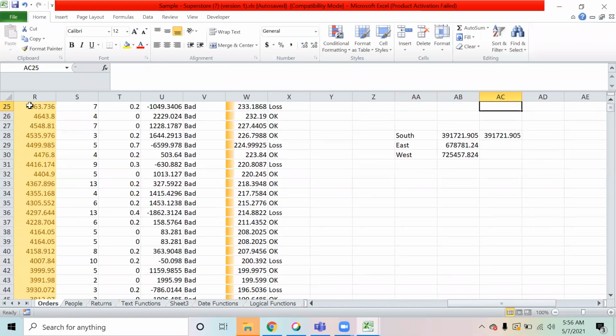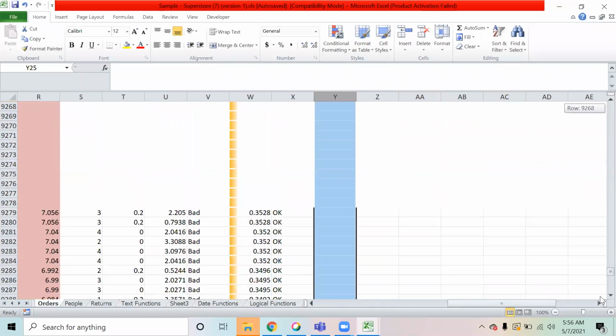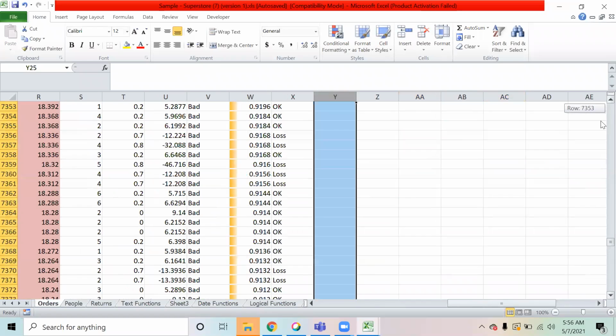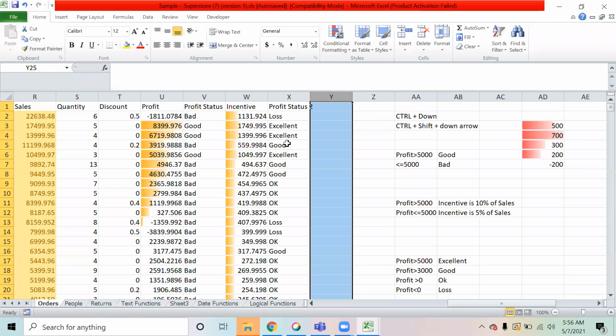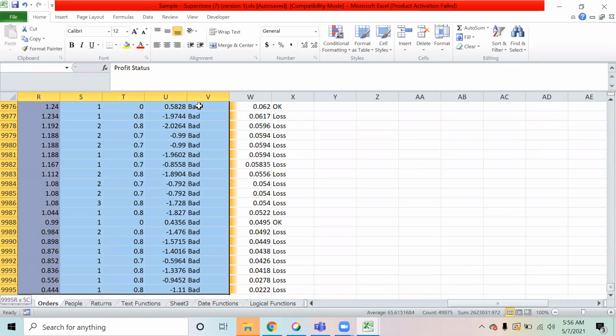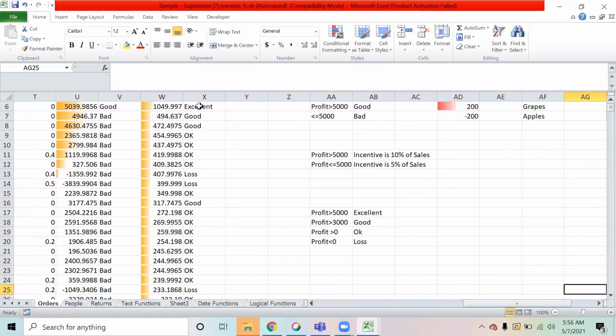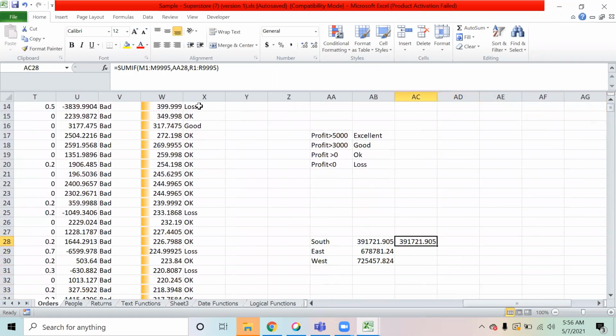Now sum range is again I am selecting from the starting value up till the last value. So now if you see over here, in the previous formula, I was selecting the complete M column. Complete means you select the entire column, starting up till end, all that 10 lakh rows. You select each and everything. But if you select only from the starting point and up to the point where the data is, like up till this point only, 995. So now what happens in the formula is, if I copy and paste this formula, will I have to change something?